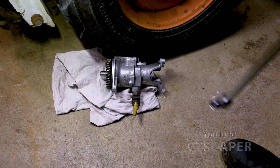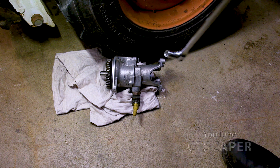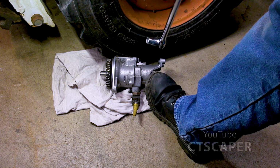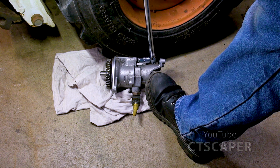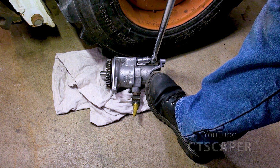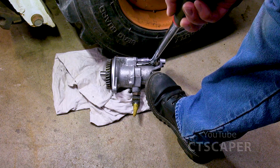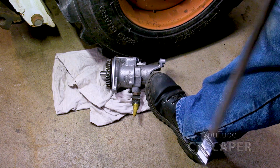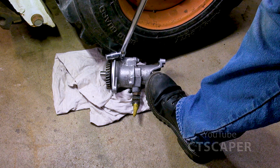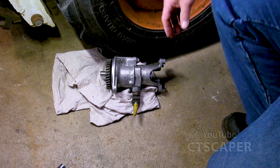The best way I found to break this bolt free is I braced it against the tire here, put my foot on it, and then this is a 24-inch, half-inch breaker bar, and I just very slowly moved it until it cracked. That seemed to be the best solution, so you can brace the other side of the shaft here. I got the other one off by putting it back on the truck,